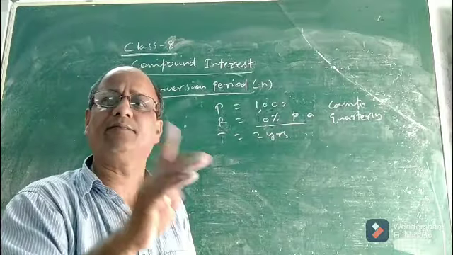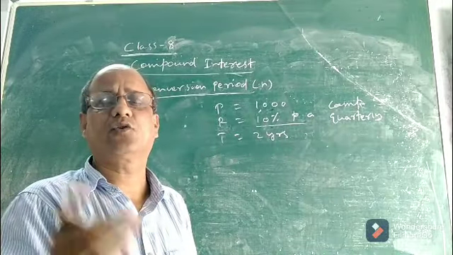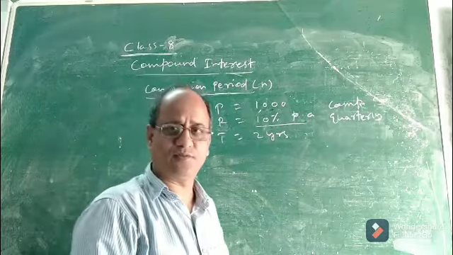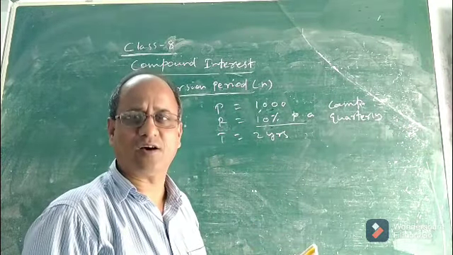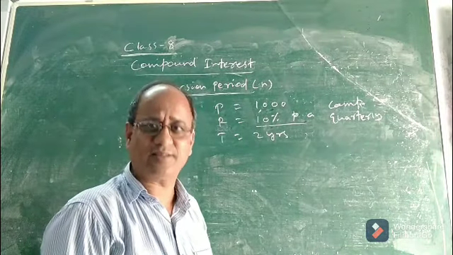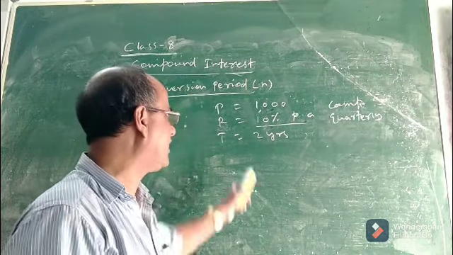After 3 months, 1 time. So in 1 year there are 12 months. So definitely the interest will be charged how many times in a year? 4 times. Okay. Quarterly means 4 times in a year, or in every 3 months the interest is payable or chargeable, whatever you say. Okay.